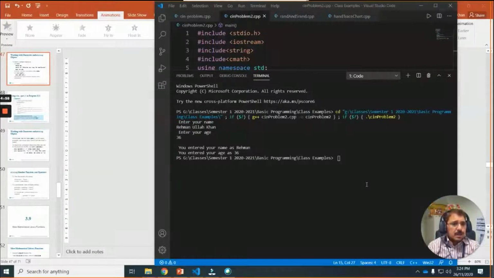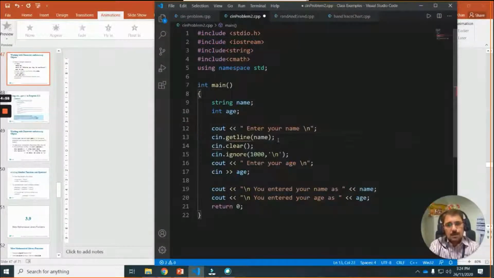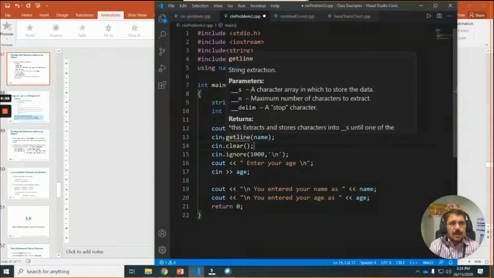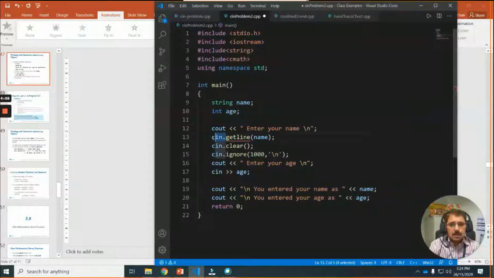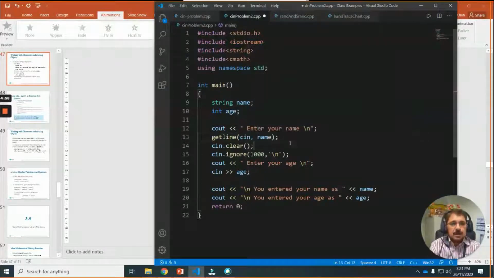Sir, is there any difference between getline variable and cin dot getline? Semicolon. You see, it doesn't work. So the correct way is not like this. It is getline, and then cin, and then comma, and then the variable that you want.